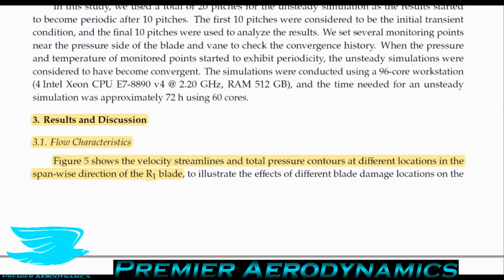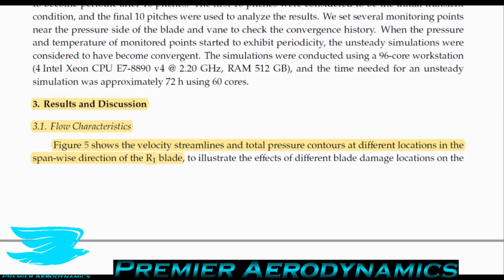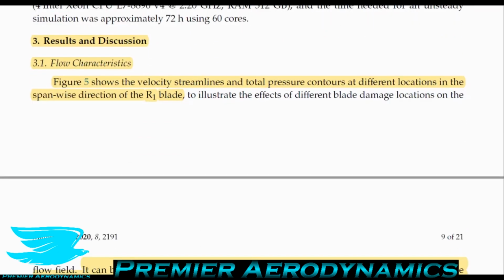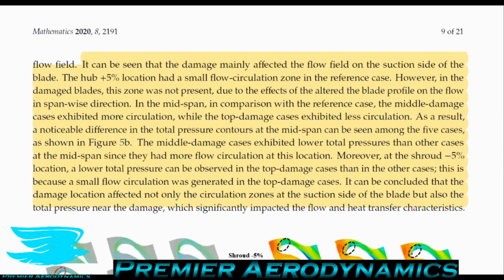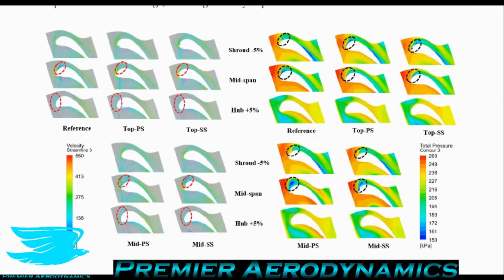So let's move on to the results. So the flow characteristics, they say that figure 5 shows the velocity streamlines and total pressure contours at different locations on the blade. Let's have a look at that. So with the total pressure, one thing that they noted was that